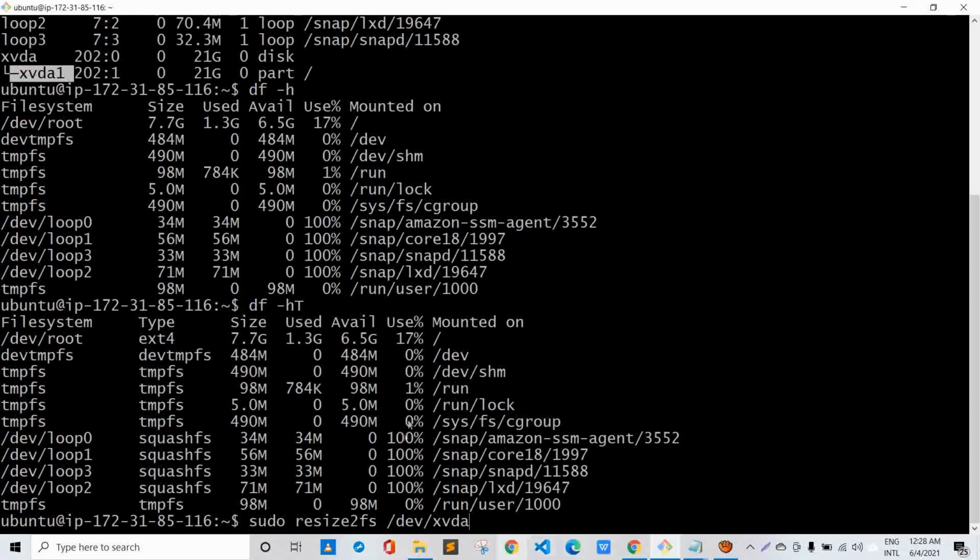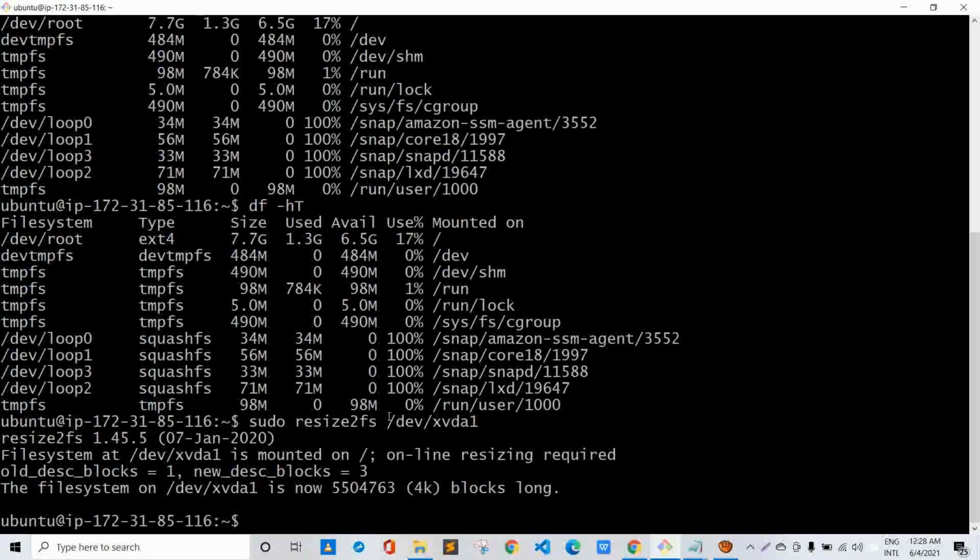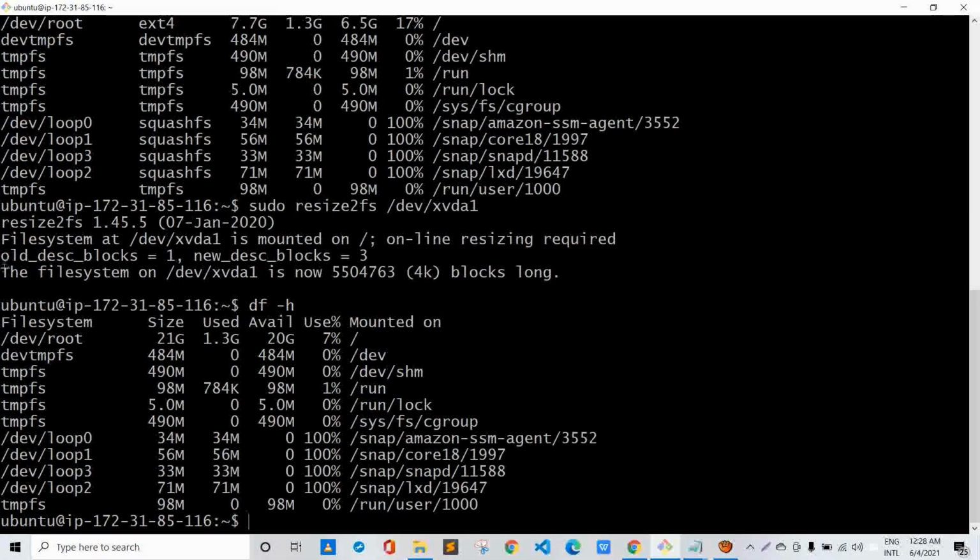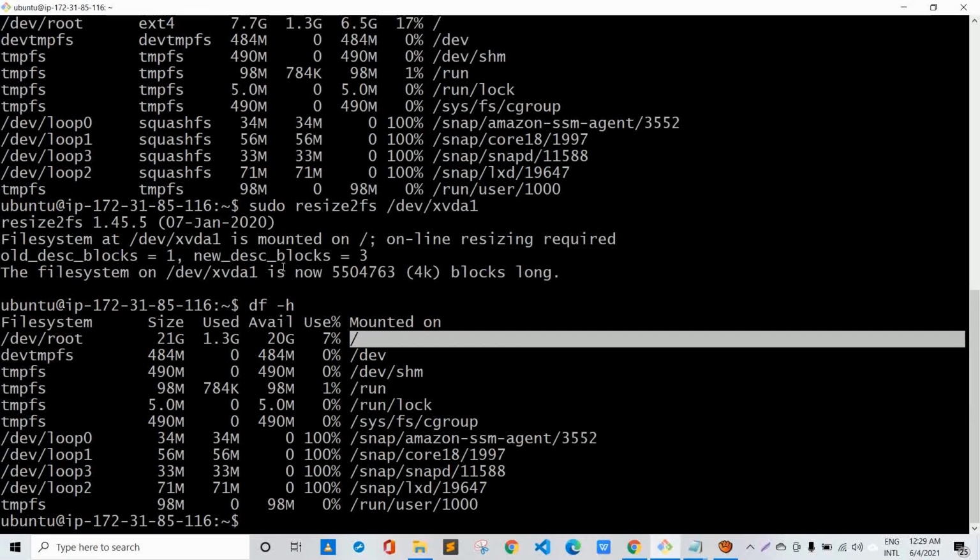So we'll hit enter, and you can see that it is mounted over the root folder. Now if we run df -h and hit enter, you can see that the file system /dev/root has been changed to the size of 21 GB and is mounted to the root point.